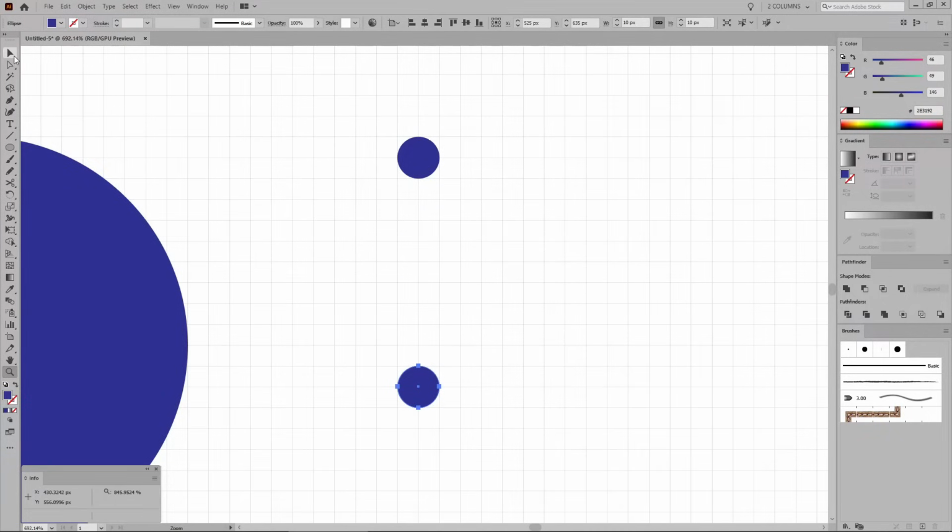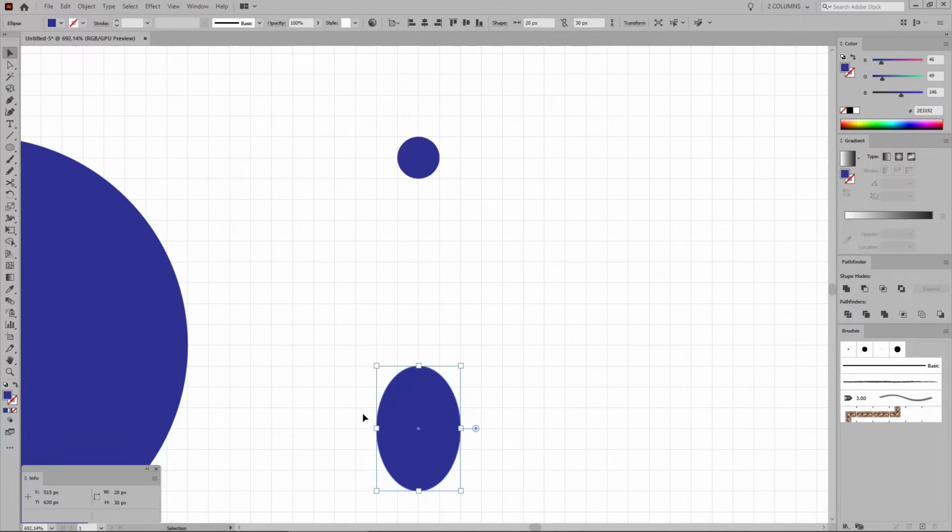Select the Move Tool from your toolbar and let's focus on this bounding box to adjust the size of your selected shape. First, increase the height of your shape to 30 pixels like that, and then hold down the Alt key or the Option key if you're on a Mac and increase the width of your shape to 20 pixels like that. Now select the Rectangle Tool from your toolbar and create a 20 by 65 pixels shape.